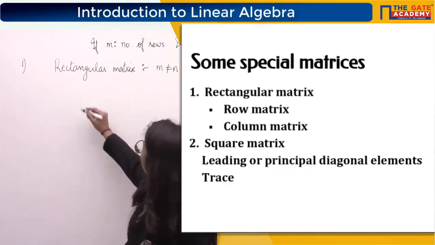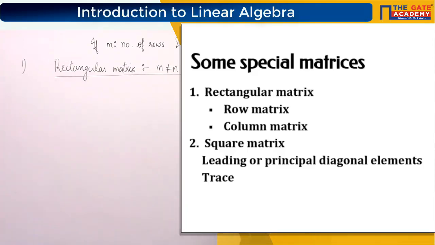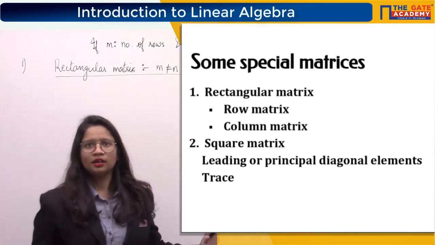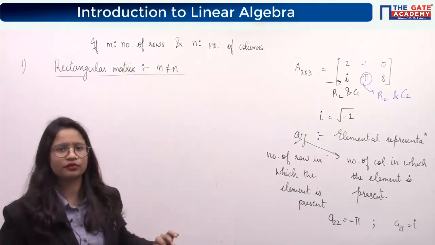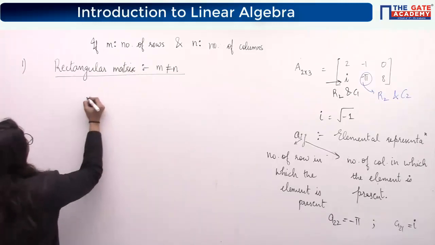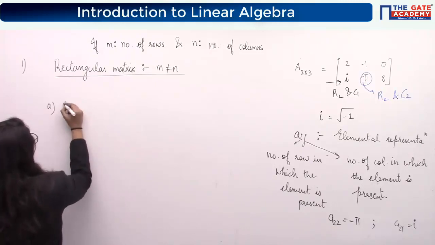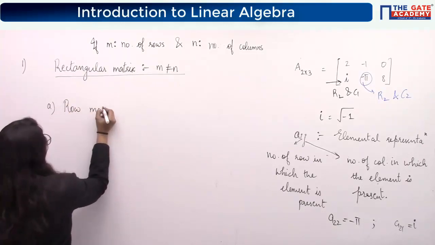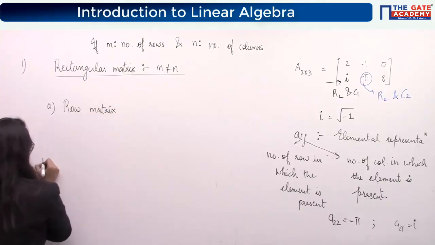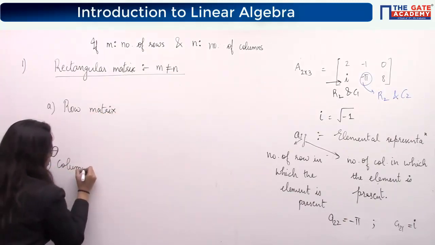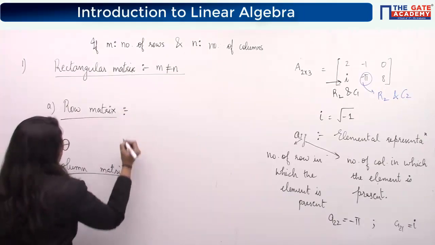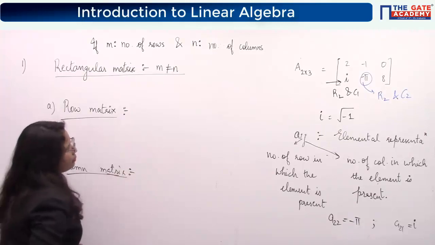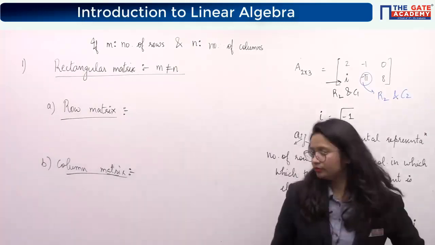So your basics are clear already. So rectangular matrix is a matrix for which M is not equal to N. Okay, definition done. I think we don't need to write down in the words. We have already written down M is not equal to N. That is sufficient. Now for rectangular matrix, we have actually two types. Two subtypes. One is known as row matrix and the other one is known as column matrix. What will be the order for this kind of a matrix? General order. Please define the general order for type A.